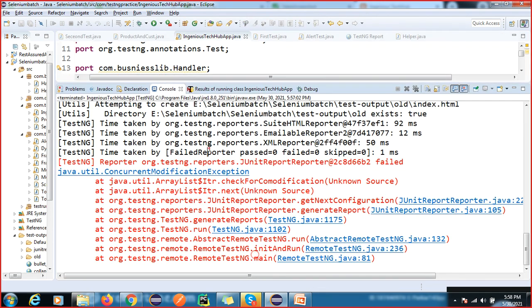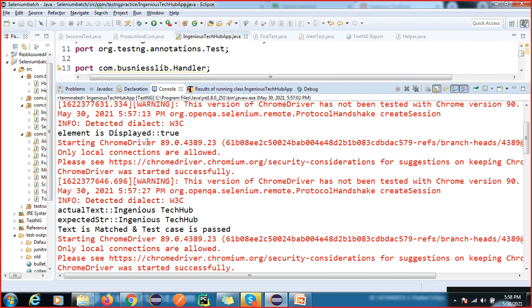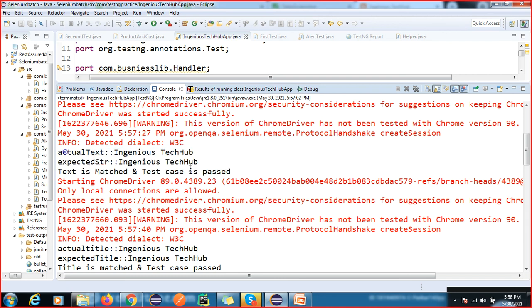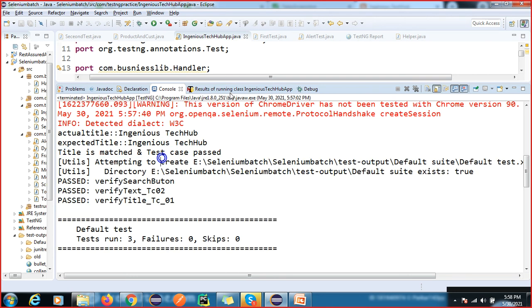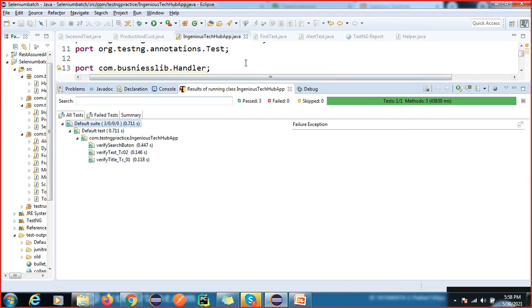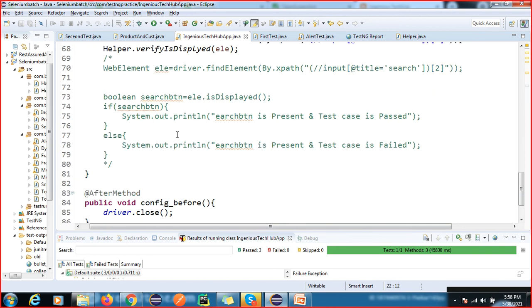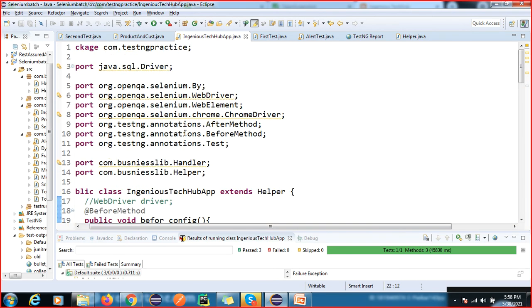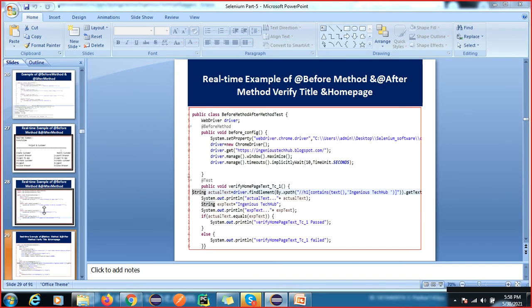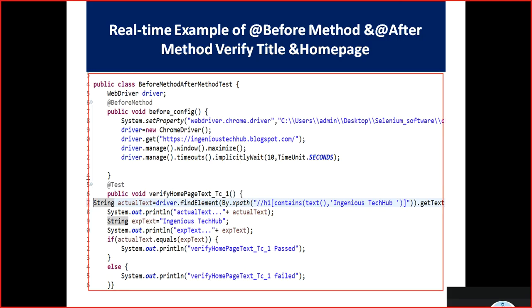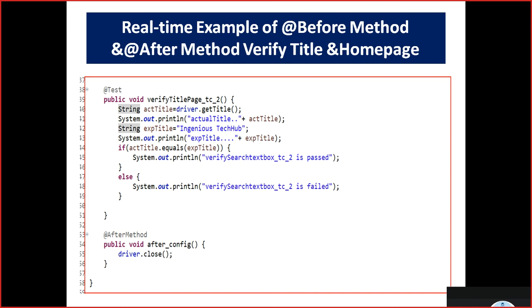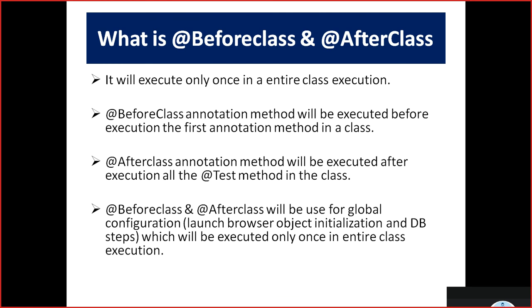Okay, so you can see actual, expected, and all these three test cases passed. You can go through this, how we work in real time. This is the same thing we do in real time also. So what else is pending? You can add more test cases. I have added only a few simple test cases. You can go through the basic Selenium code and try to implement other test cases.